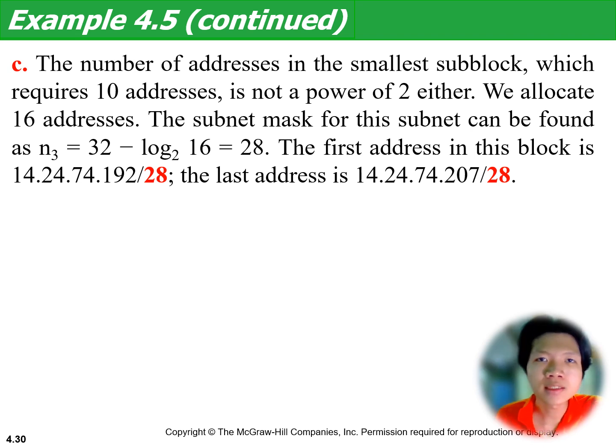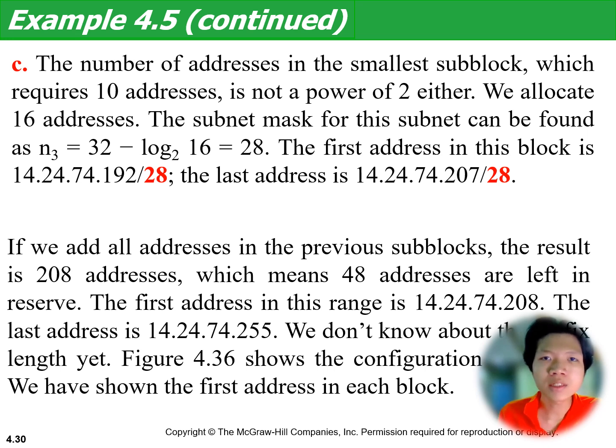C. The number of addresses in the smallest sub-block, which requires 10 addresses, is not a power of 2 either. We allocate 16 addresses. The subnet mask for this subnet can be found as n3 equals 32 minus log base 2 of 16 equals 28. The first address in this block is 14.24.74.192/28. The last address is